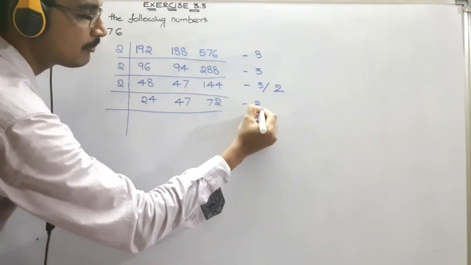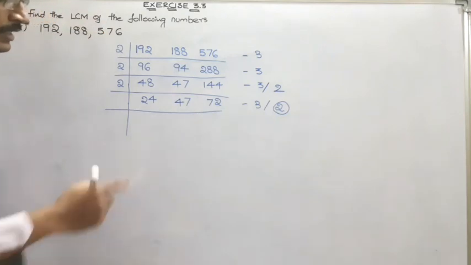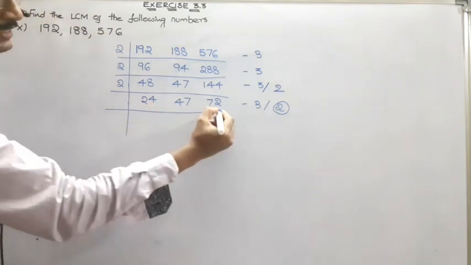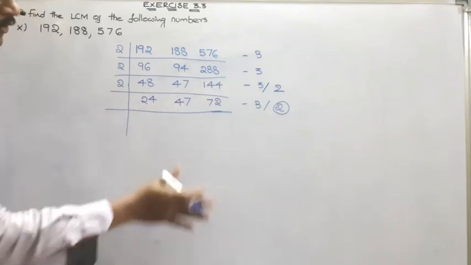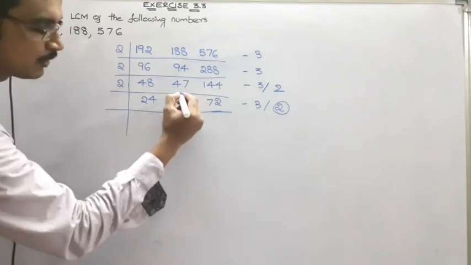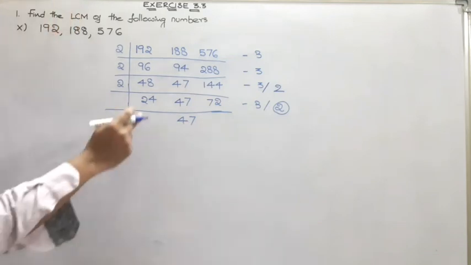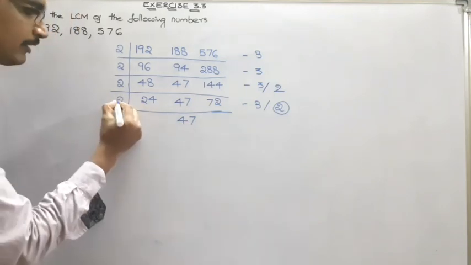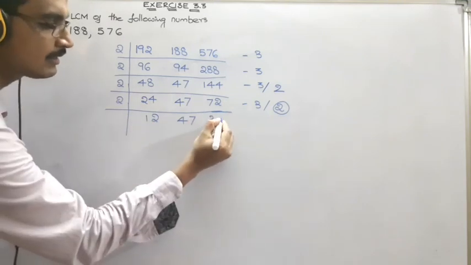Again the same situation. We have 3 numbers, out of which only 2 are going to be cancelled, because 24 is an even number and 72 is an even number. Hence we can cancel these 2 in 2 table, but 47 is not possible. So drop that 47 as it is. Now in these 2, let us continue 2 table. 2 12s are 24. 2 36s are 72.